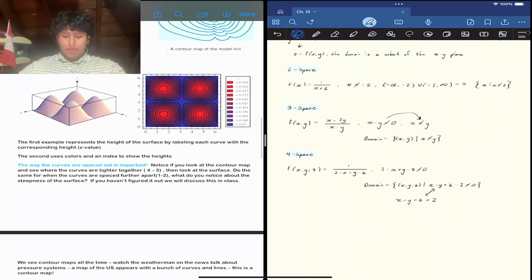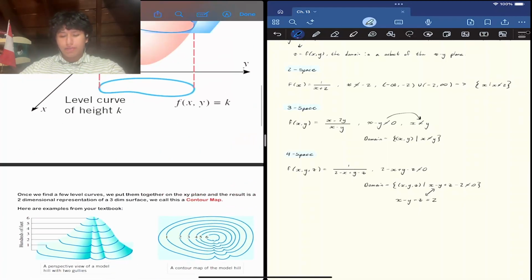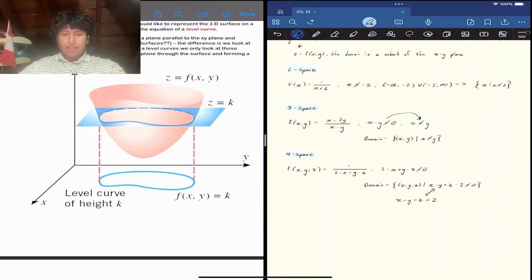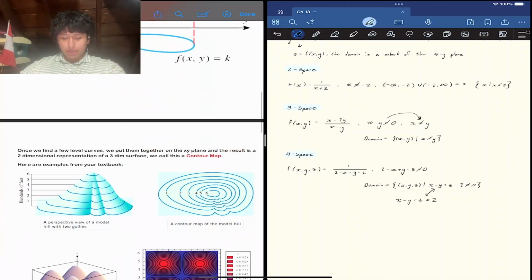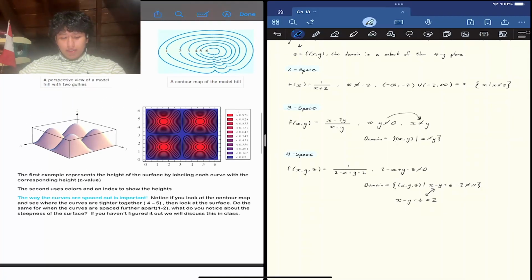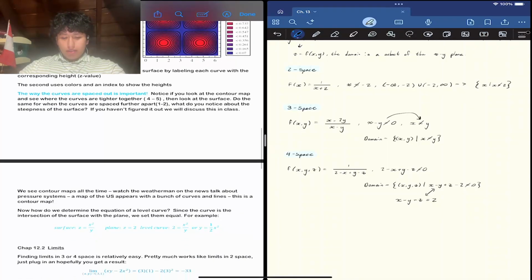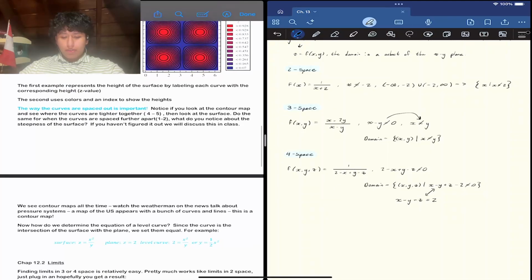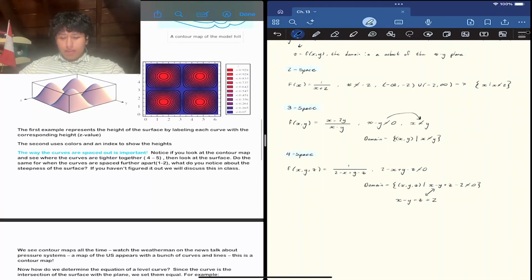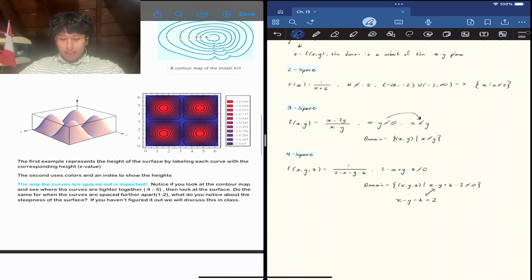The first example represents the height of a surface by labeling each curve with the corresponding height, which is the z value. Kind of like what was happening here, where you would take different k's and line them up to show an accurate representation of a 3-dimensional surface. The second one uses colors and an index to show the heights, which honestly I prefer because it just looks cooler. The way the curves are spaced out is important. Notice if you look at the contour map and see where the curves are tighter together,